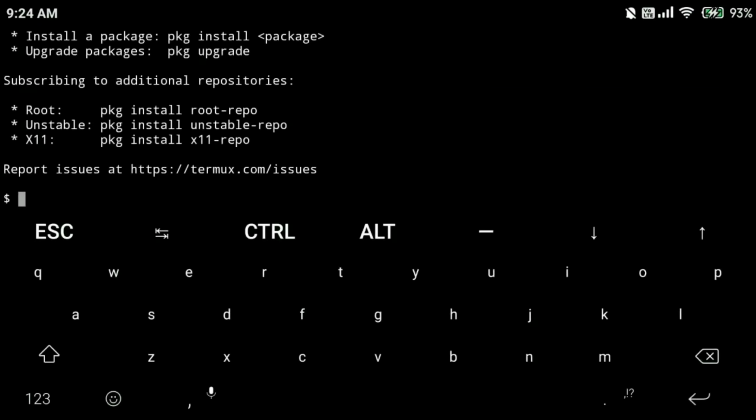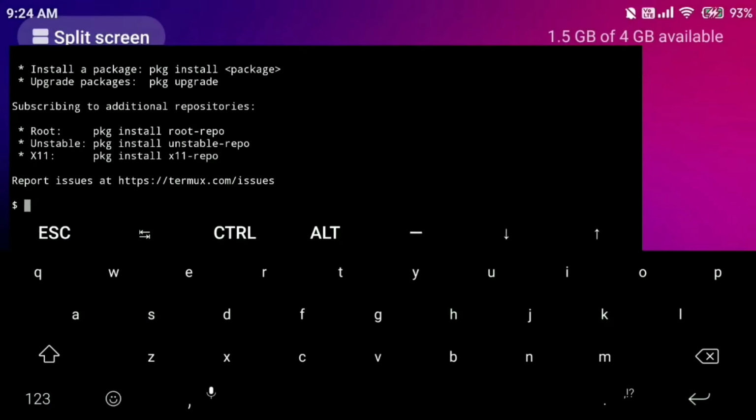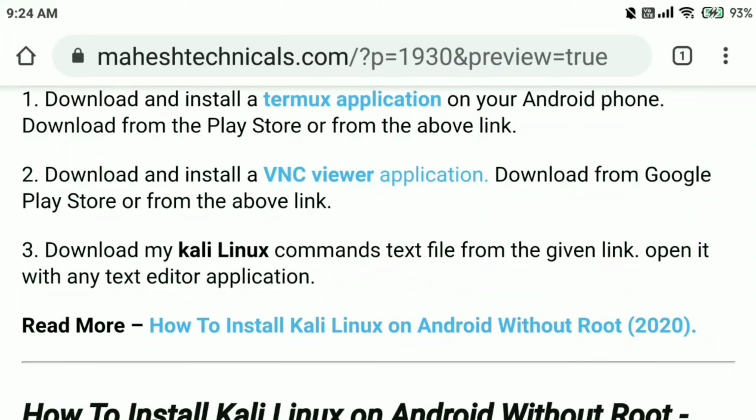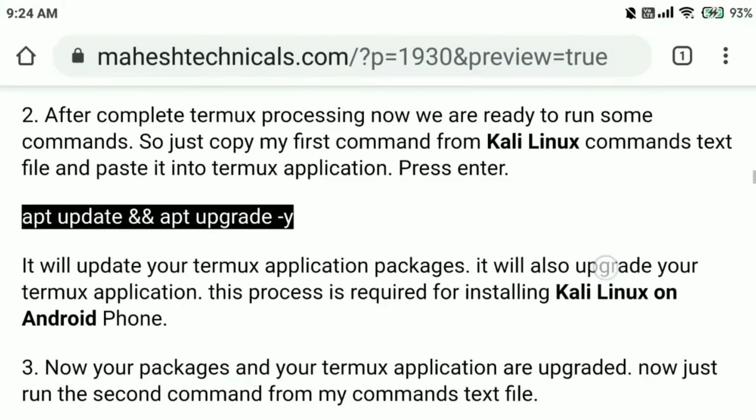Okay guys, setup is done. Now we are going to enter commands step by step, one by one. No need to check anything, just follow my commands.